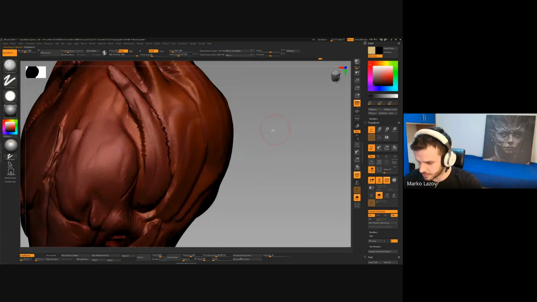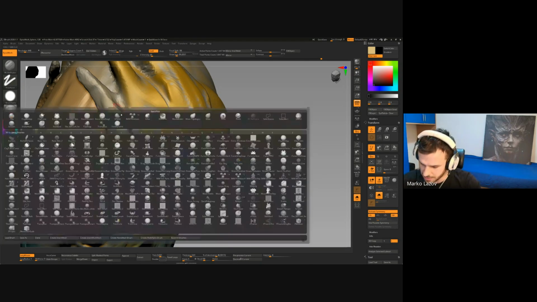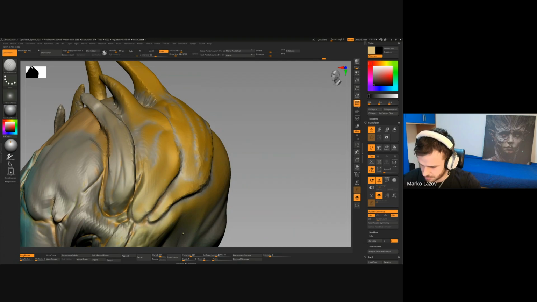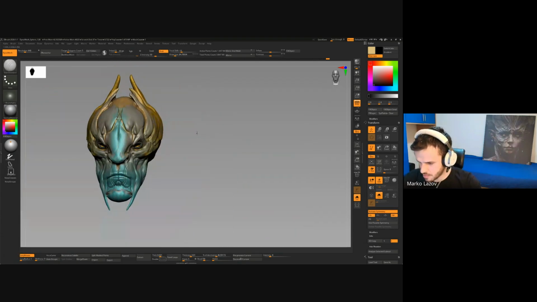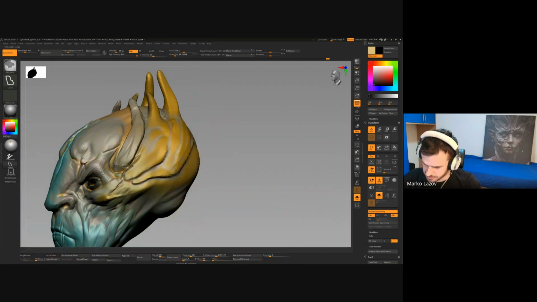As you can see here, this thing happened because I worked with Sculptris and then dynameshed it high, and now I will have to clean it. That's not a big deal, but why spend the time on it? So right now, let's say I would like this part here